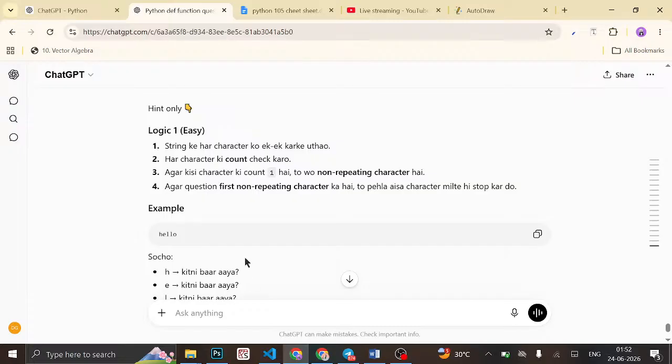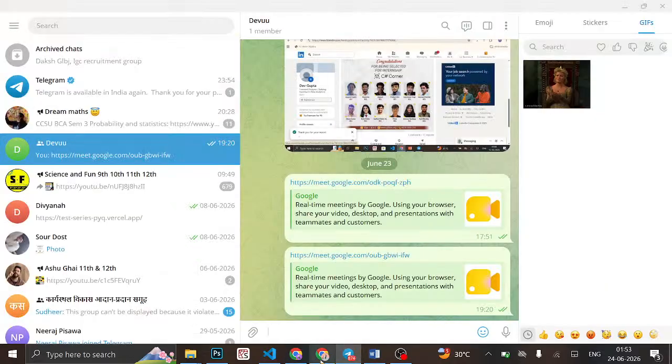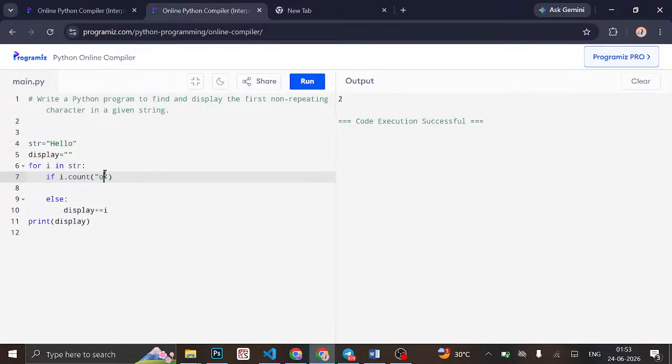कितनी बार? अब नहीं, ये तो पता है, वहीं पे ब्रेक कर दो। काउंट करेंगे सबसे, हर एक कैरेक्टर को हम काउंट करेंगे स्टेप बाय स्टेप। ठीक है। हमने यहाँ पे क्या करा, यहाँ पे हमने लिया, काउंट करेंगे हम एवरी कैरेक्टर को। हेलो, ठीक है। सारे कैरेक्टर को हमने काउंट कर लिया इसमें। डिस्प्ले प्लस वन इक्वल टू वन करा, तो यहाँ पर आ गया हमारा हेलो, सबको काउंट करा, ठीक है।